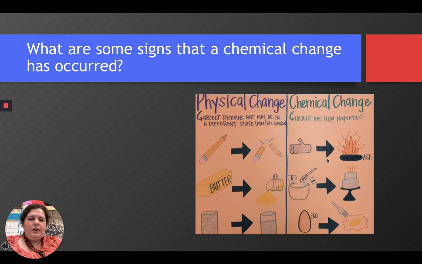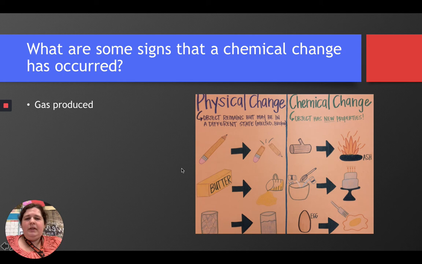So if you're burning that log and it turns into ash, ash has very different chemical properties than that wooden log. If you're cooking something, so let's say that you are mixing up some cake batter to make a delicious cake. Does that batter look anything like the cake after it comes out of the oven? No, they look very different from each other. They have very different properties. What about an egg? So let's say that you eat eggs in the morning. Does the yolk that comes out of the egg look anything like the scrambled eggs once they're done? Probably not, unless you undercooked them.